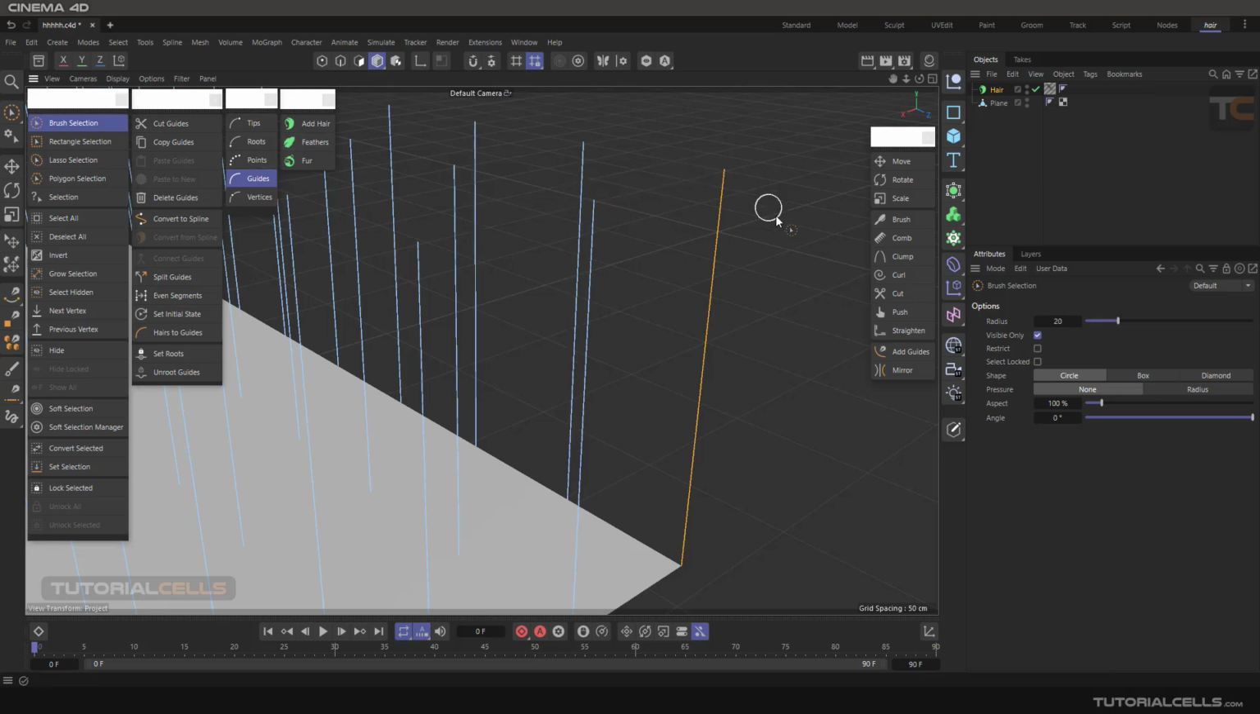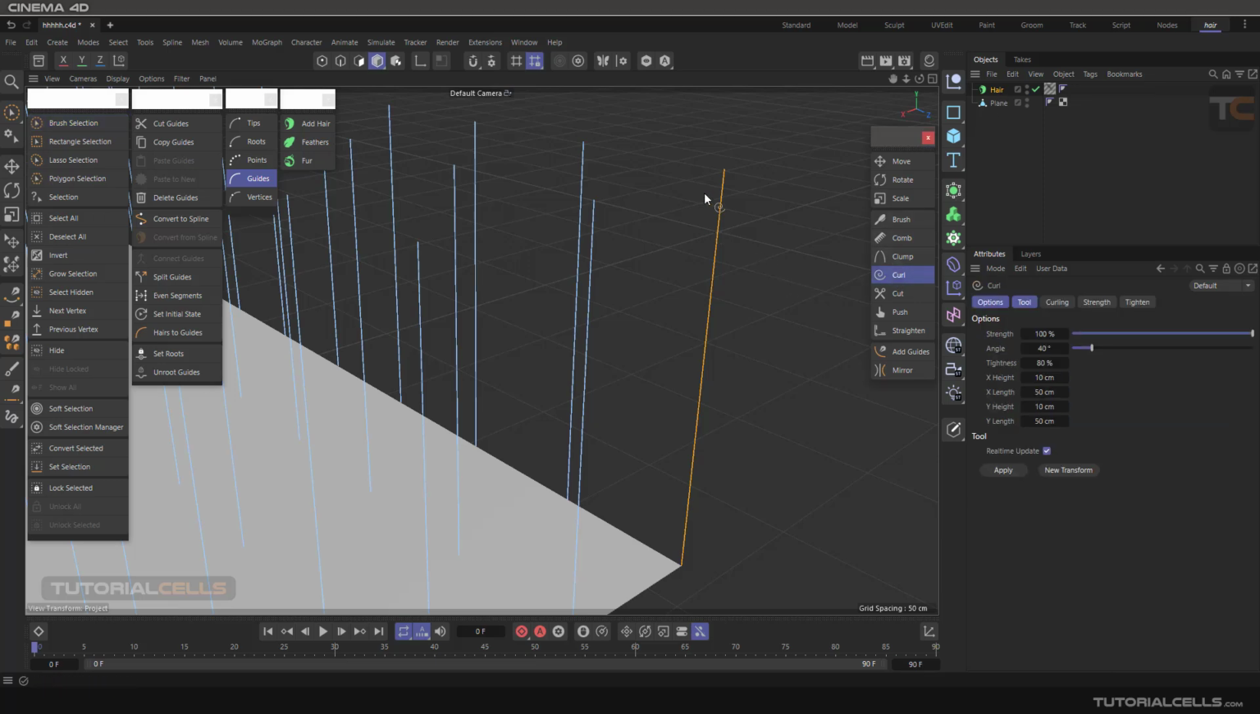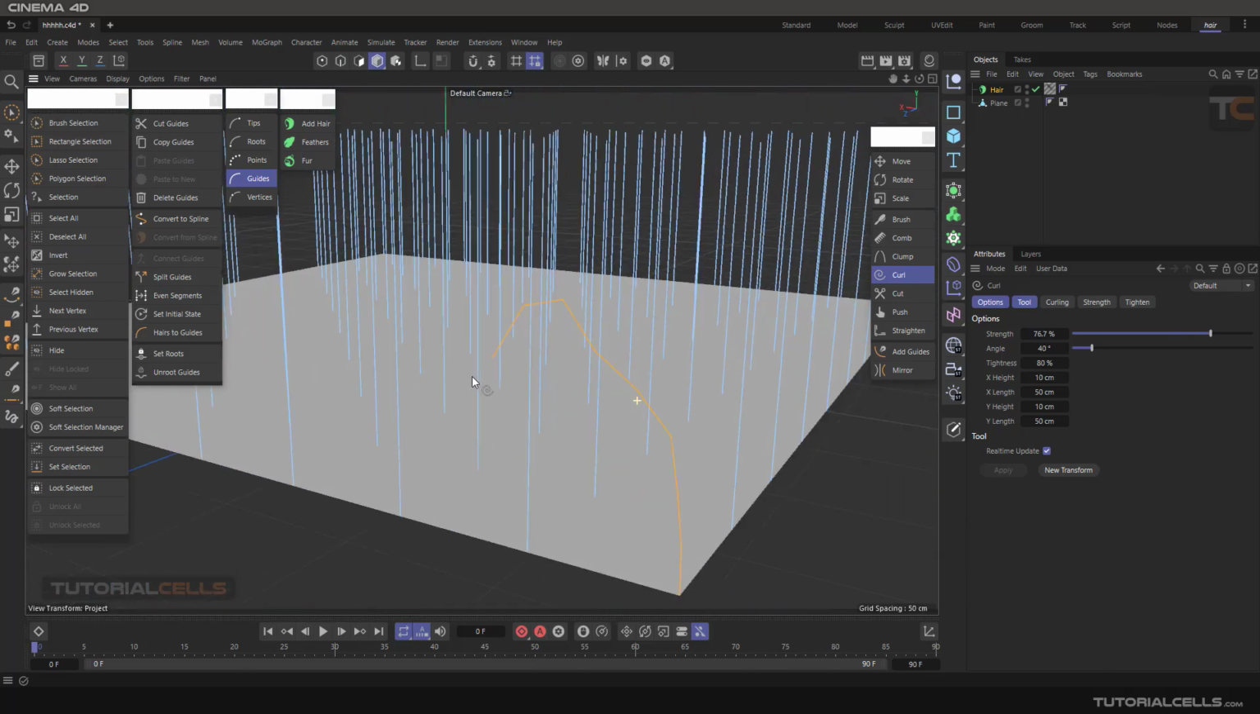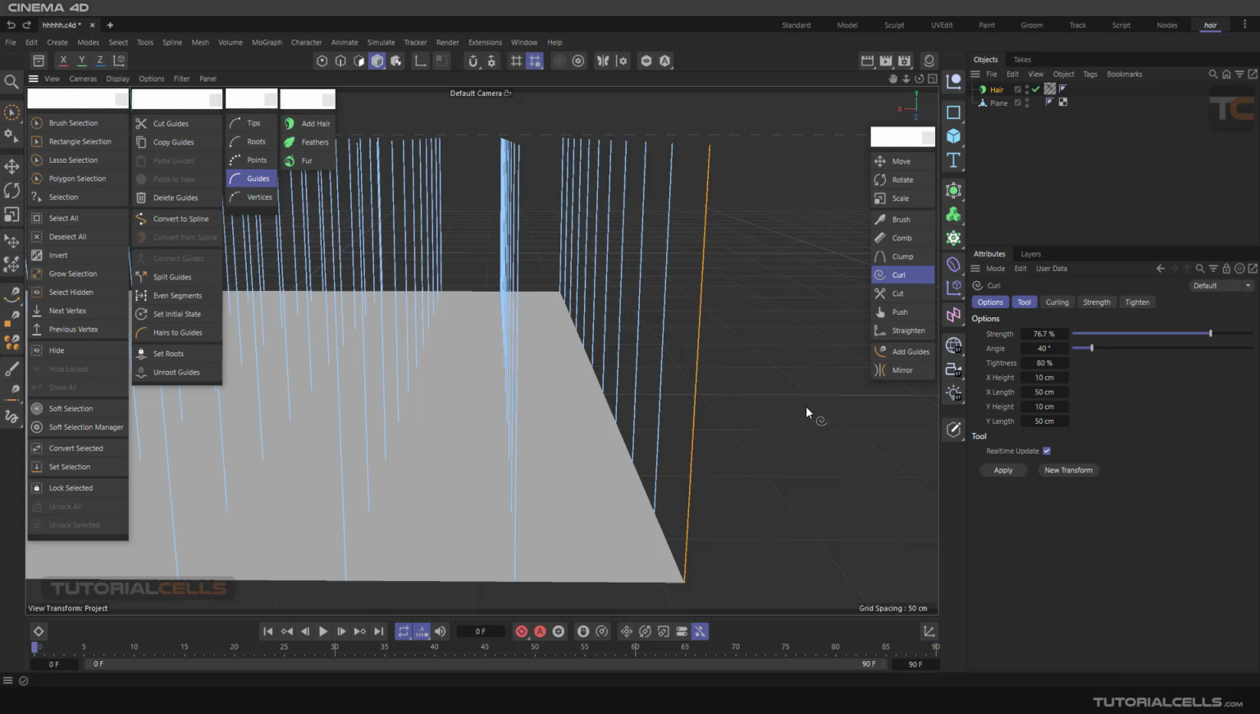In guide mode, select this guide, and for better seeing the curl, it's curling the hair from the tip to the root. Just click and drag. You can see, you cannot see this curl well because we need more